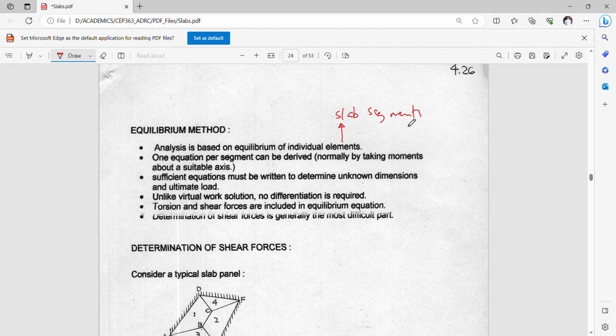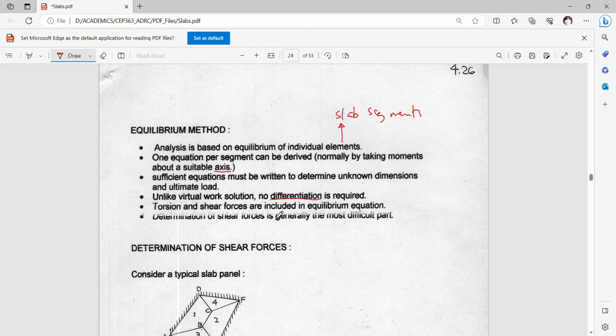So the choice of your axis of moment or rotation is really the key to maximizing the advantage of the method. Sufficient equations are written to determine unknown dimensions and ultimate loads. And unlike the virtual work solution, you don't need to worry about more involved mathematical tools like